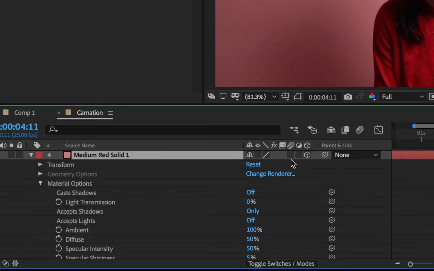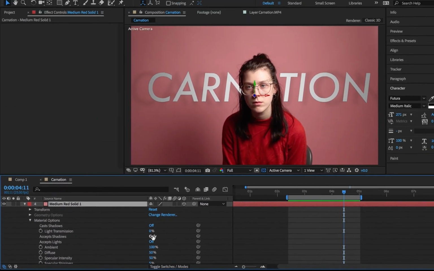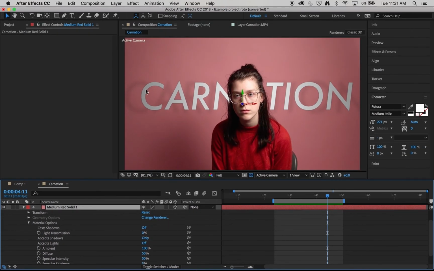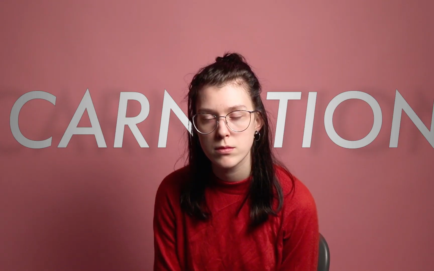Now that color solid is also a 3D layer and it's behind the text. And within the material options, I've set accept shadows to only. This makes the solid invisible apart from where shadows land in it, thus creating a shadow catcher, thus giving us the shadow falling in the background, so it feels like this text is physically in the space, the same as our subject. And again, these are things that we don't always have to do, but it's always good to look at shots and look at compositions and think about what little